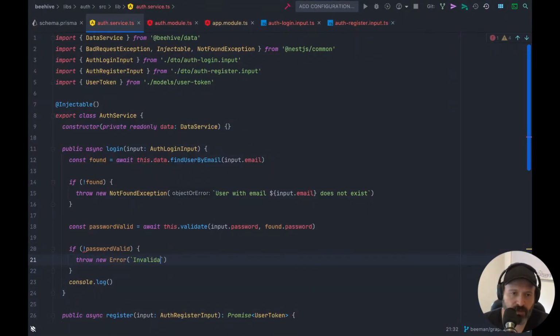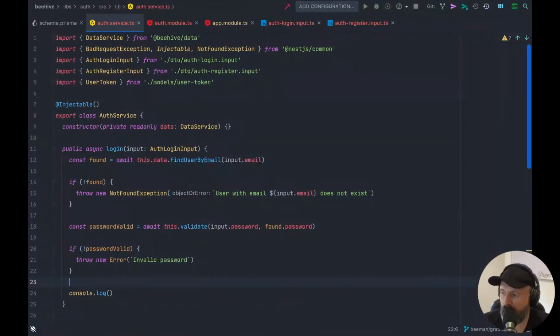Invalid password. Let's not make it more complicated than it needs to be. Invalid password. So now when we run the login operation, we'll first check if we have an email address that doesn't exist. That should trigger this error. And the second one, if it does exist, it should trigger the invalid password error. And after that, if we're happy with both the user being found and the email being valid, if we